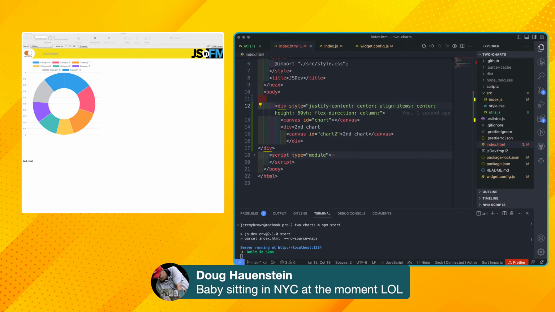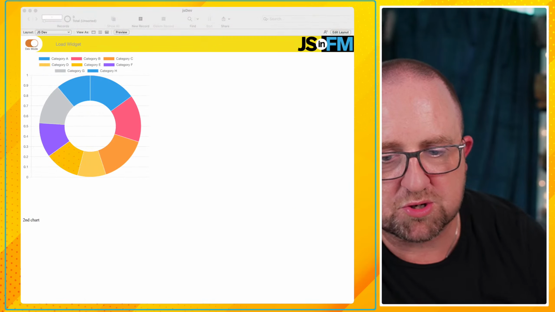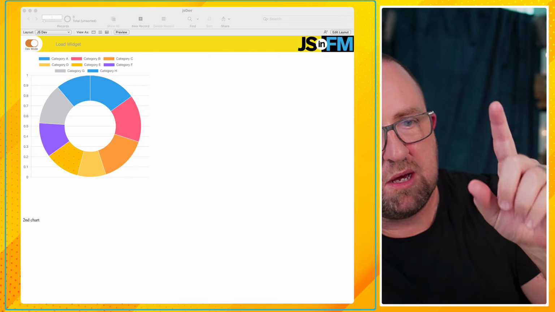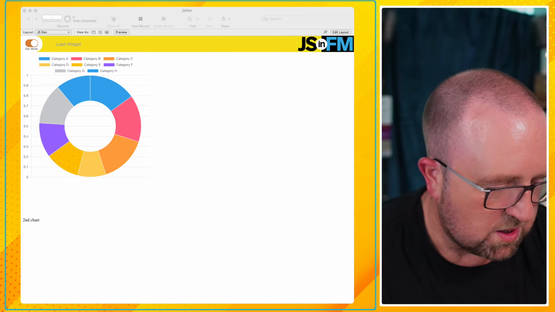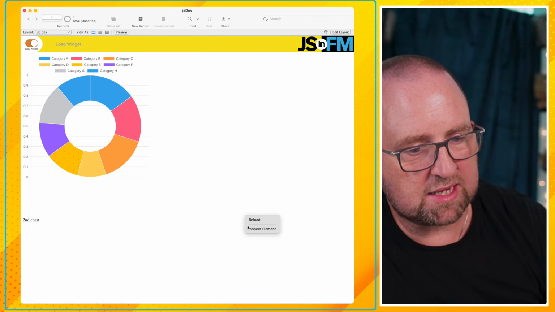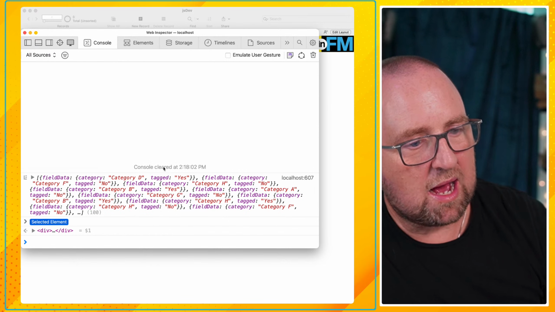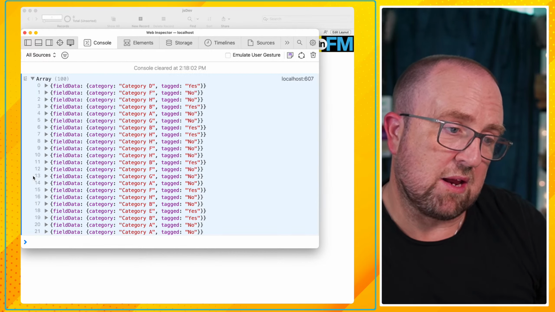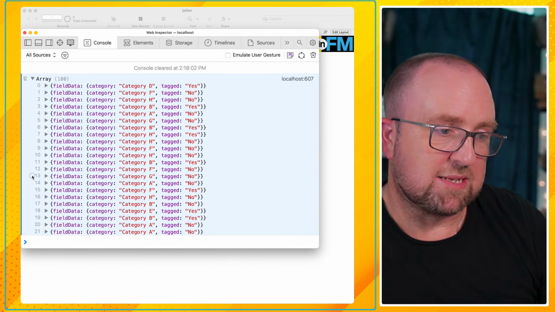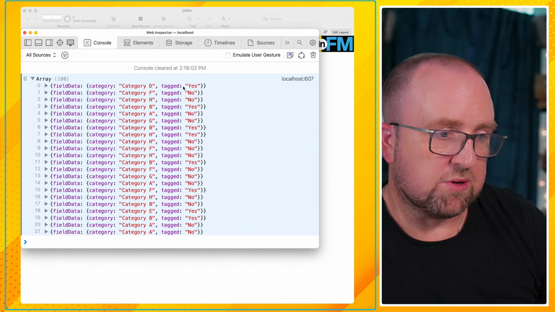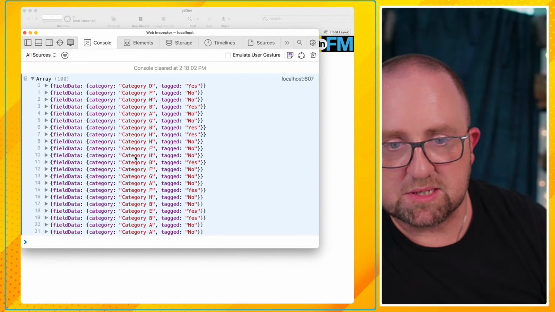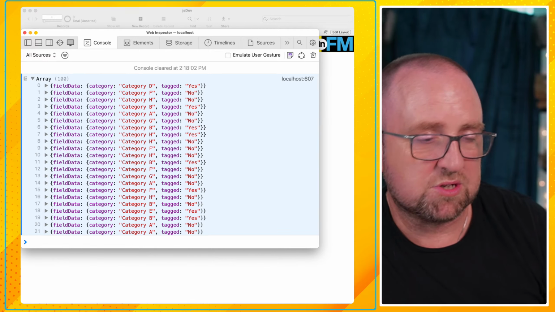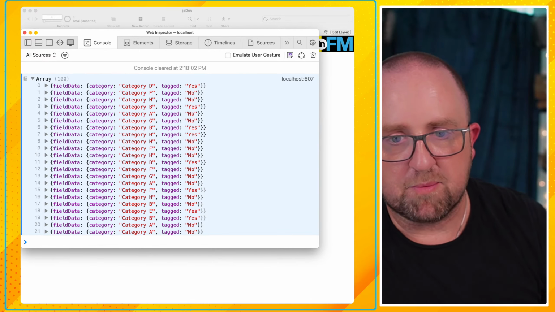All right, so I created one chart using Chart.js, and I want to create another chart here on the right side. So that's what I'm going to focus on today. If we look at the inspect element, I want to summarize the tagged data, like I'm summarizing the category data. So here's the raw records, and I'm building functions and such to categorize those, count them up, because